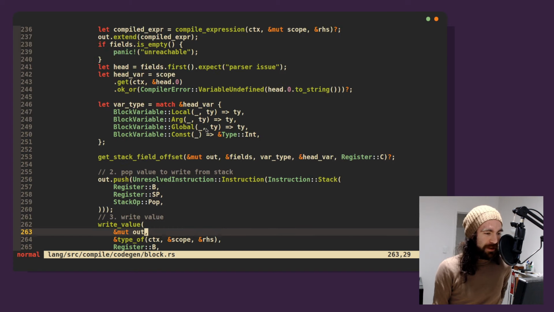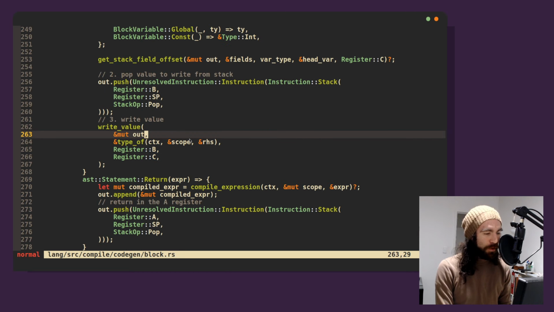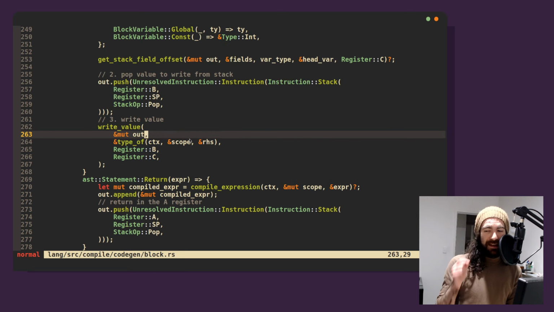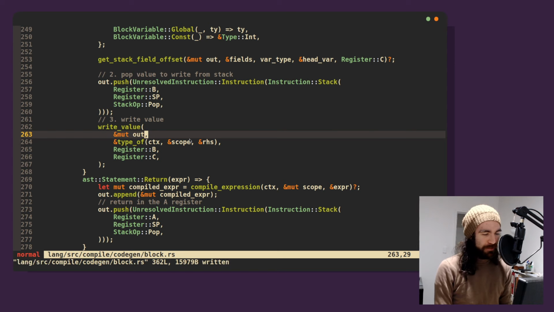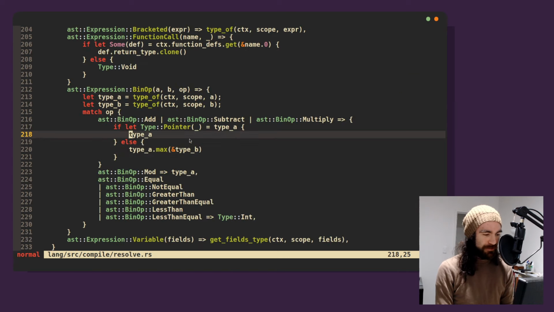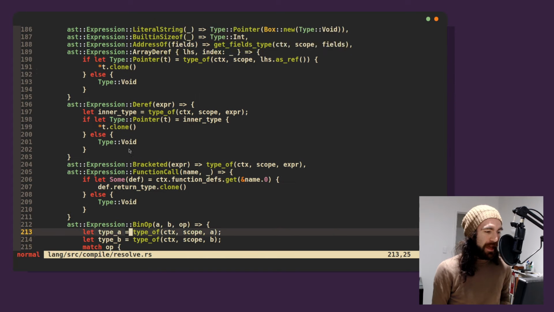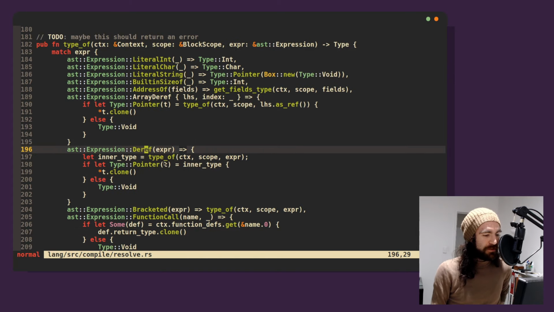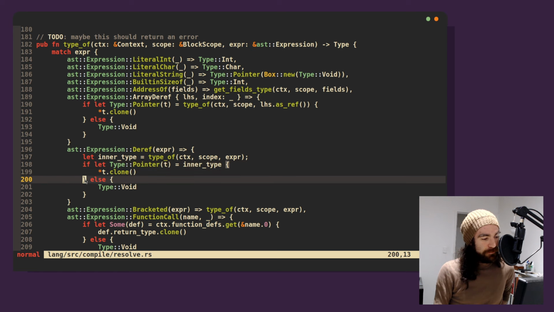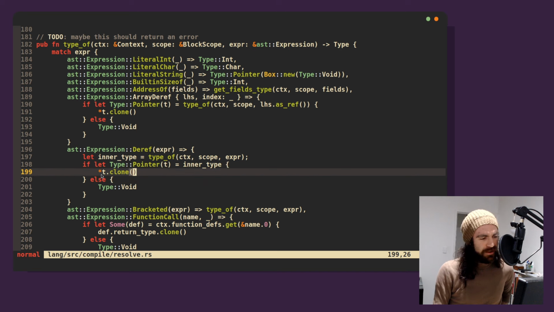Type of content right-hand side. What is the type of an assign? Oh golly. Okay, what's the type of this thing? So let's go back to resolve. The type of a deref expression is the type of the thing on the right-hand side.